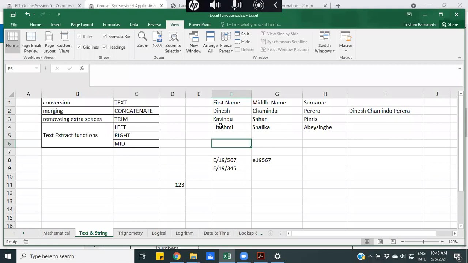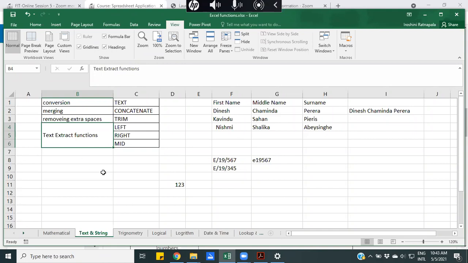Mostly it will affect something like that, and it affects the text extract functions too. If there are unnecessary spaces before or after your text, when we use text extract functions, you will get the wrong result.